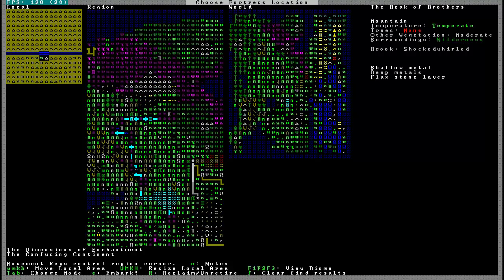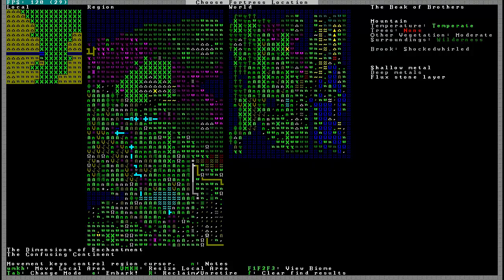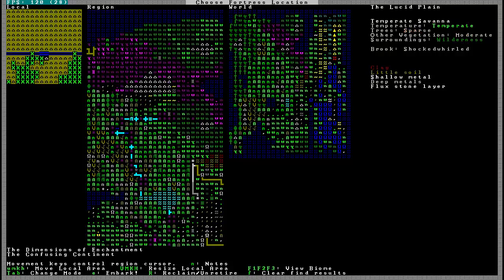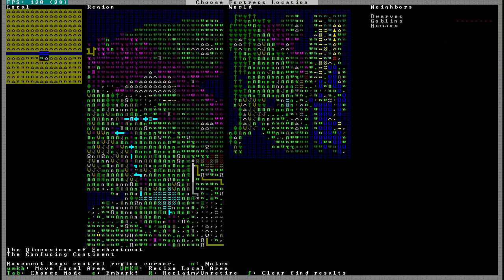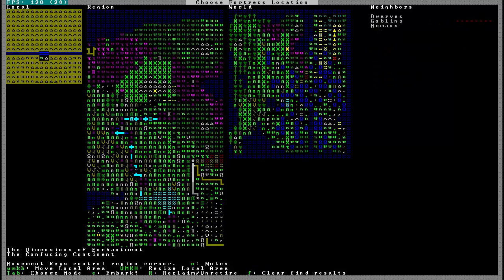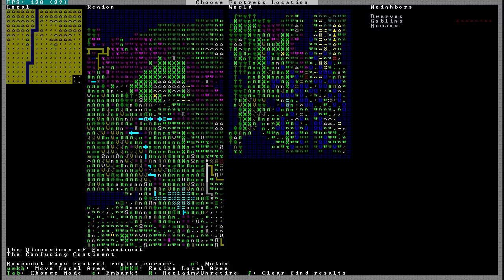Biome 1, which is mountain. It's got shallow metal, deep metal, fluxstone. That's pretty nice. It's got another mountain region. It's got some soil there. Let's see what kind of, we have the dwarves, goblins, and humans. Let's actually do the belted salve so we're looking at the right one. Yeah. So it's not a bad place. But